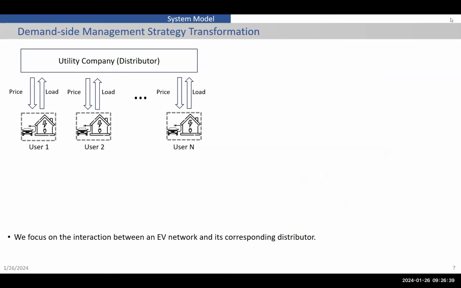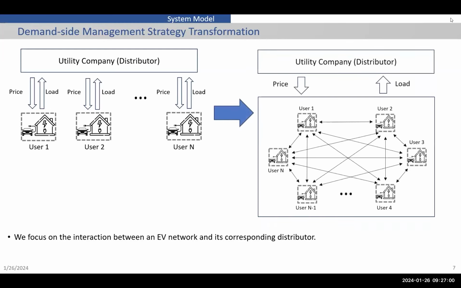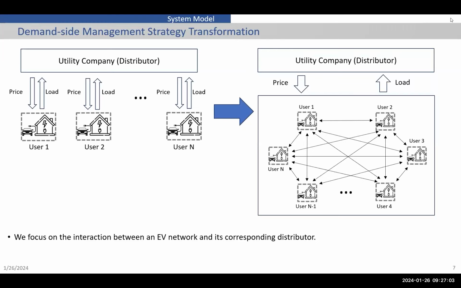So the interaction between the utility company, or the transformer or the distributor, and the end user in the traditional smart system is a one-on-one match, a one-on-one interaction. But this interaction is going to change in the modern smart grid as shown here. It means that the utility company is engaged with a network of end users, and the end users can have information exchange with each other. So this can be a power exchange with arrows, or an information exchange, communication.